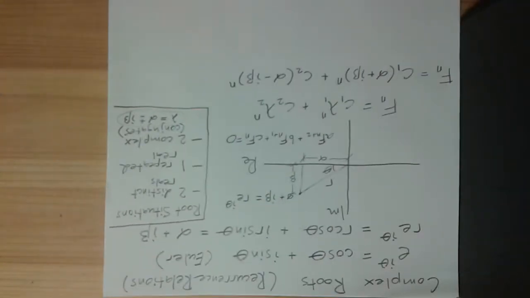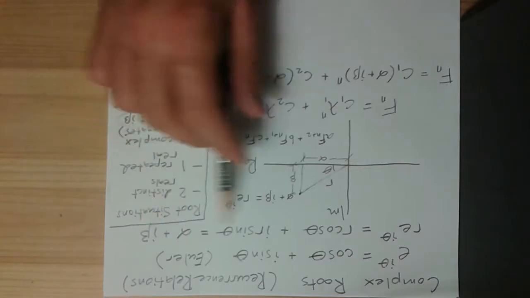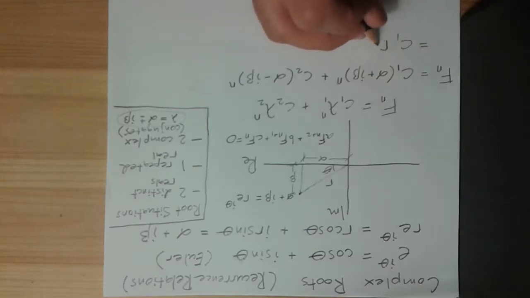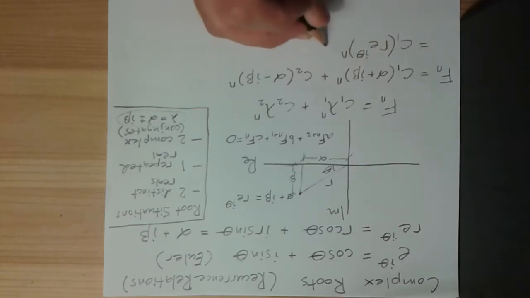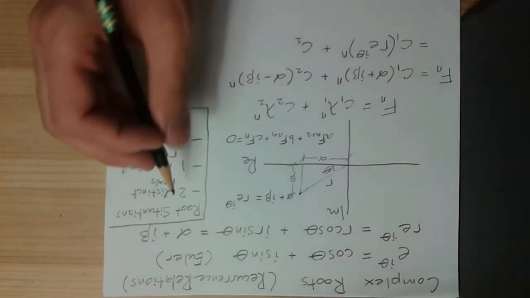The first thing I want to do here is convert to polar coordinates. I'm going to do that by using this formula: alpha plus i beta is equal to r e to the i theta. So here what I have is r e to the i theta, and this is all to the power of n. Over here it's a little bit different. Here I have a minus sign, so